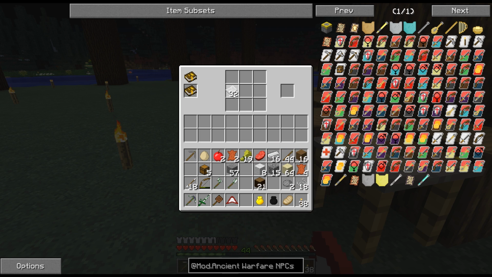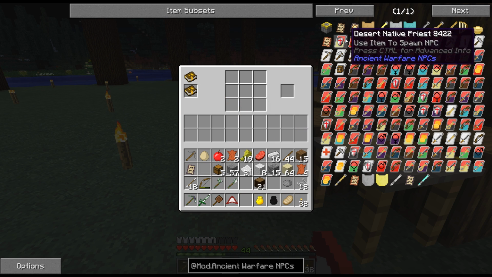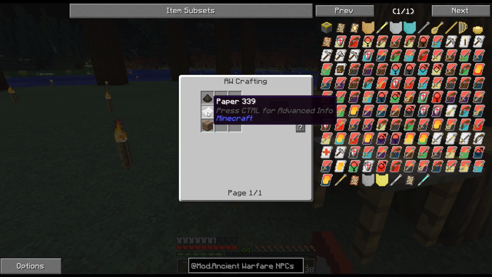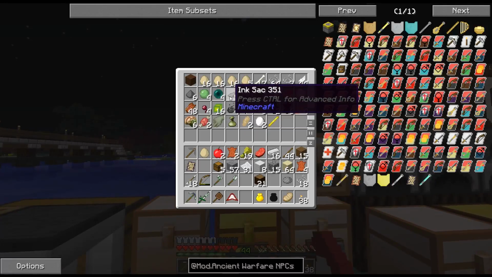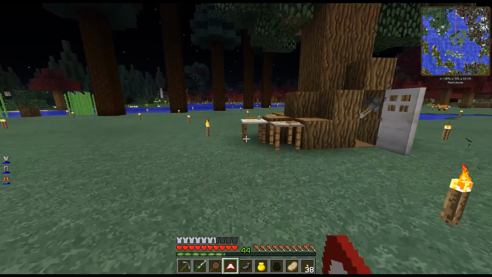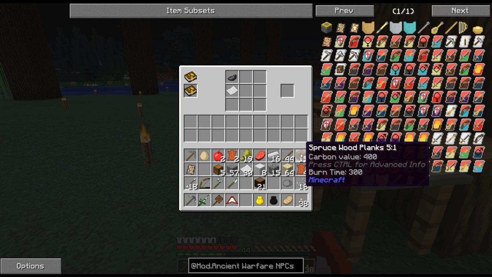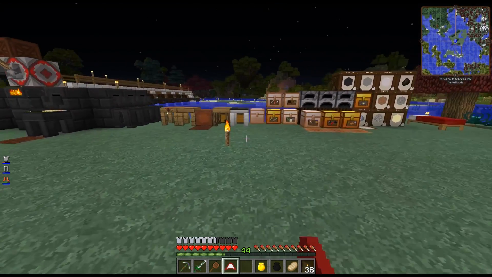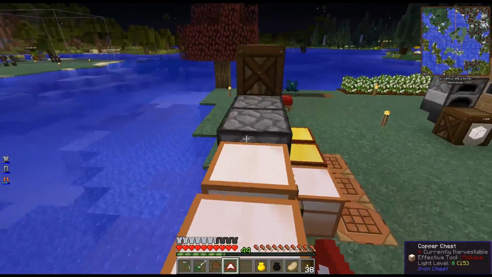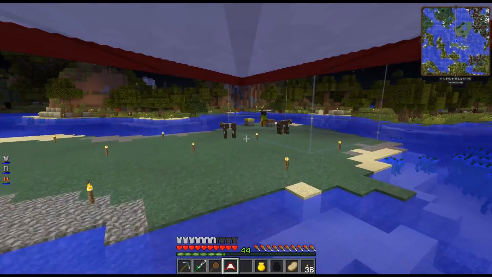Plank. Paper. That. Alright, so that's a work order. And what is the upkeep order? That's just black paper. Let's make both of them. I don't know if either one of them is actually what we need. Paper, blank. I mean, most of the things are actually really cheap. I like that. It's not something that requires you to...